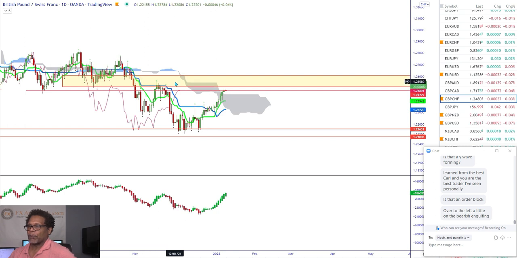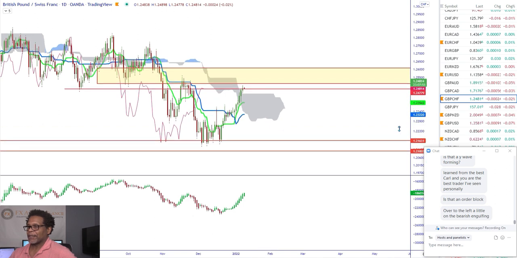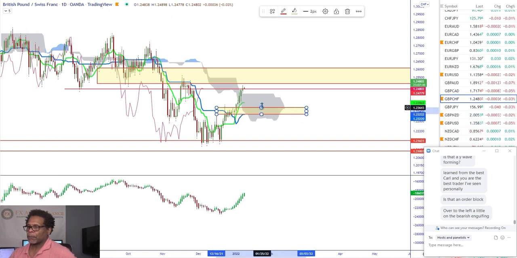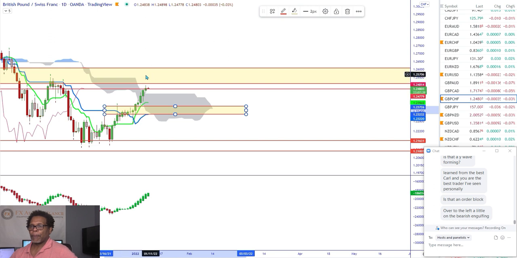And now we're at a level. I think we correct, at least correct. All right, and then let's see if these levels hold. If we correct, these levels hold, this is where I look to get long. If it's going to be that. I don't do anything right now. All right.